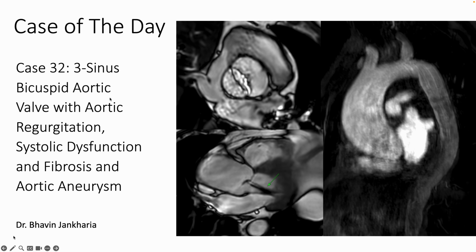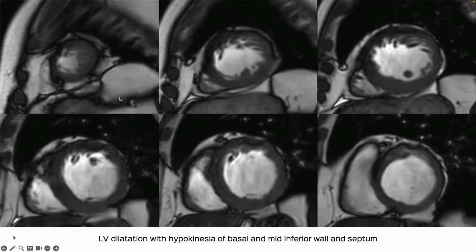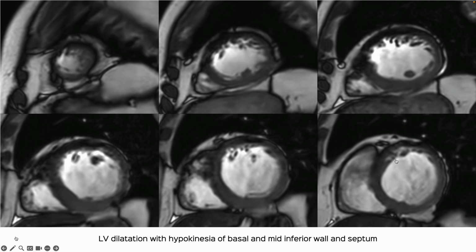Three sinus bicuspid AV with AR with systolic dysfunction, fibrosis, and aortic aneurysm. So this is a 66-year-old who was treated for coronary artery disease, had an ascending aorta aneurysm that I've shown here from our angio, but a CT aortogram had been done, completely worked up, but echo showed systolic dysfunction and a possible bicuspid aortic valve. And the MR was mainly for the systolic dysfunction, which on the short axis is very